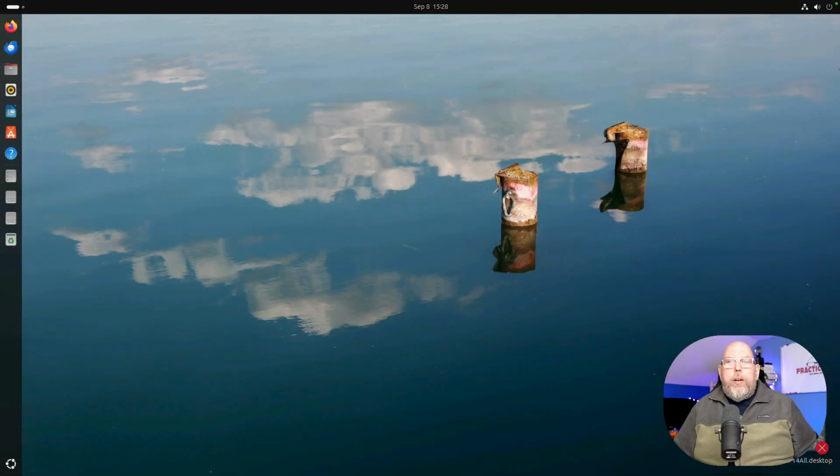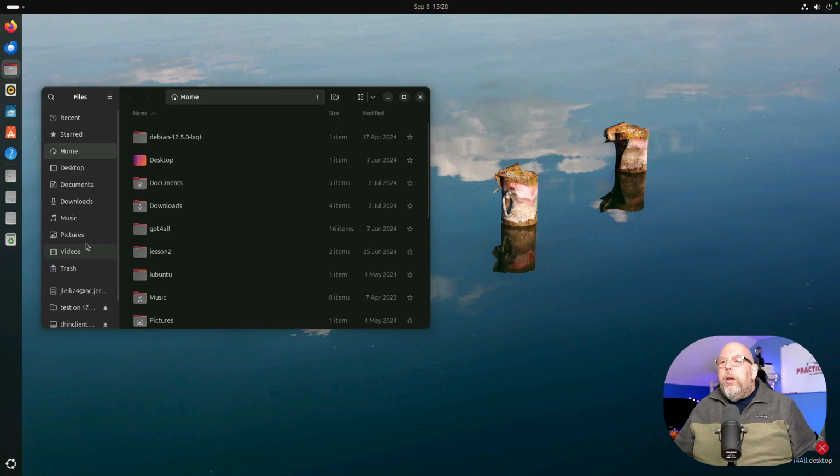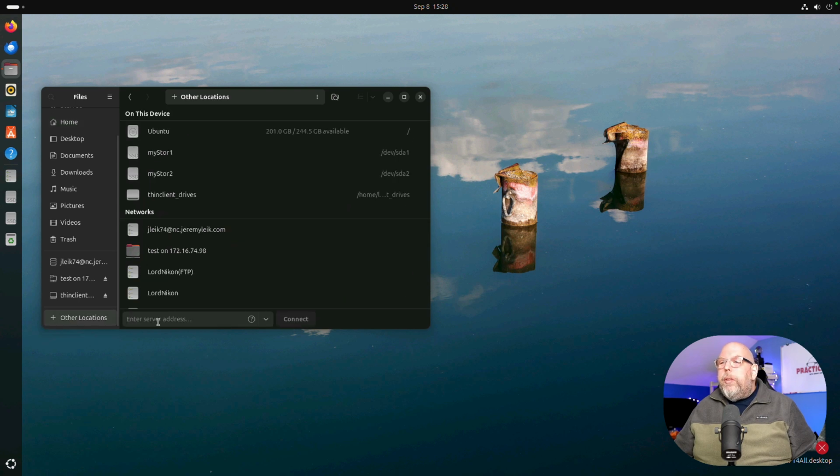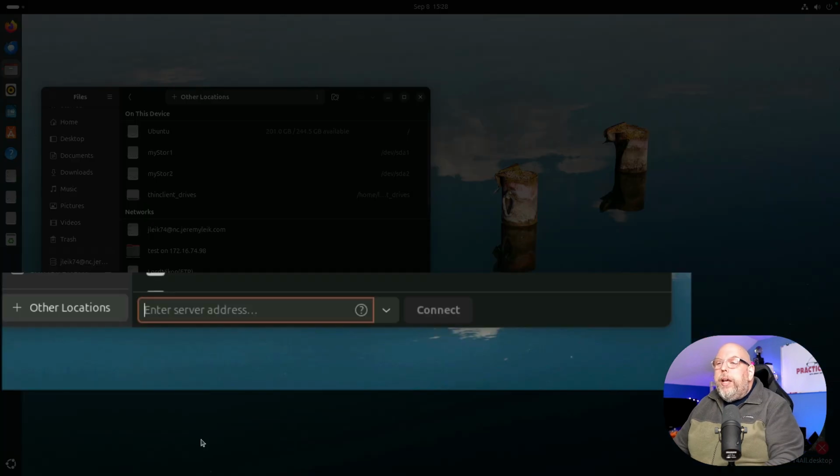Okay, we're here on our Linux Ubuntu machine. Let's run through the same process. We're going to go to the left side to our file manager. We're going to scroll down to the bottom of the panel on the left, select other locations, and at the bottom, we're going to enter server address in the format smb:// our IP address